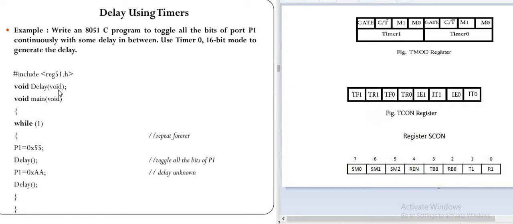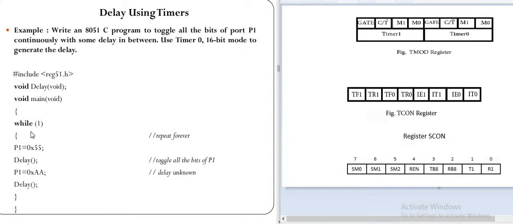Because we have to generate a delay using the timer, we have to use specific functions: the delay function, and the while loop. That means our actual program will start over here, with the curly bracket and then the while loop. Because the program says to continuously toggle all the bits of port 1, we have used the while loop.